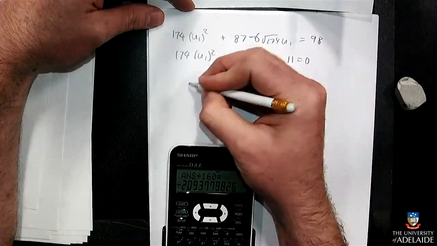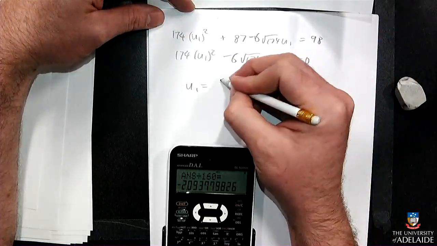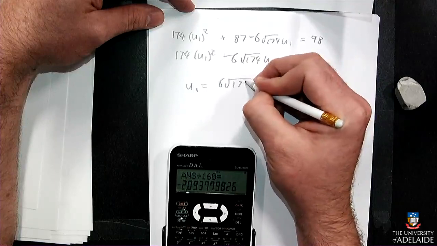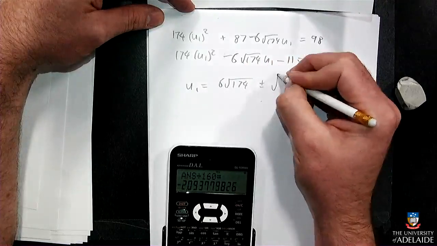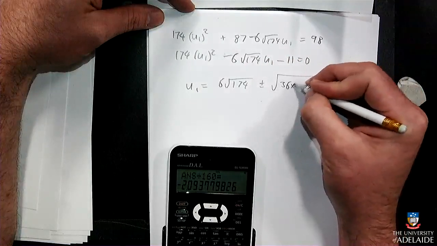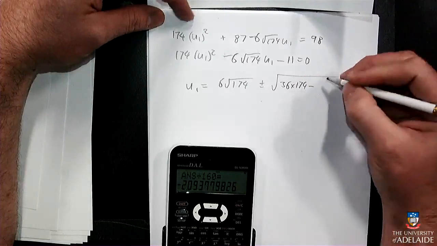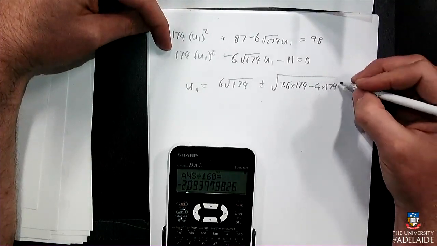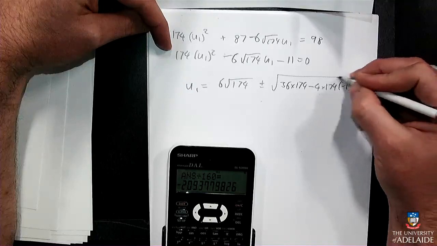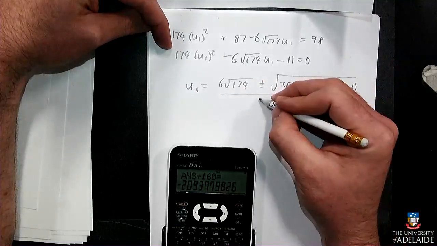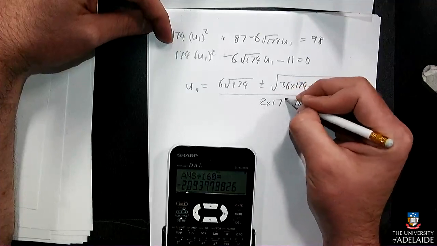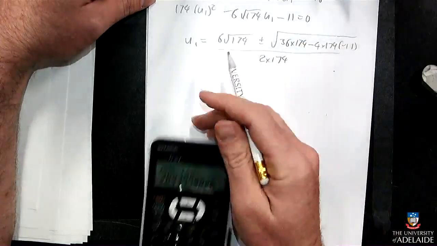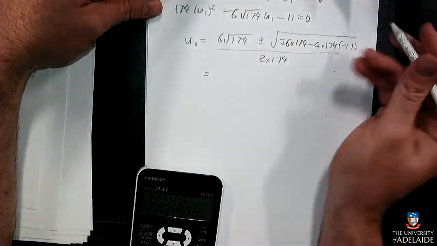And now we can do our quadratic formula. Minus b plus or minus the square root of b squared minus 4 times a times c, over 2a. And that's